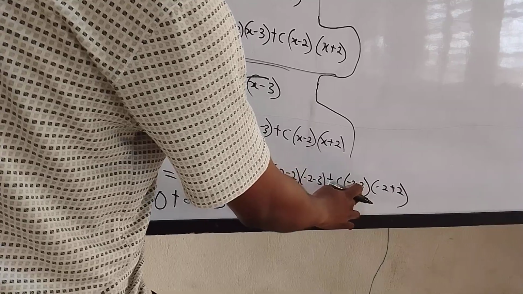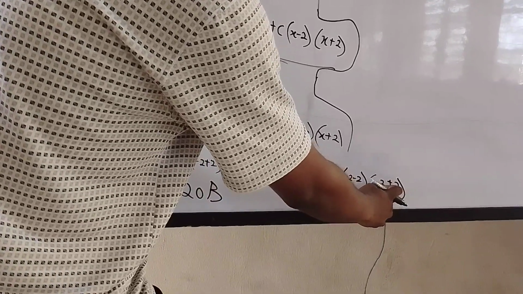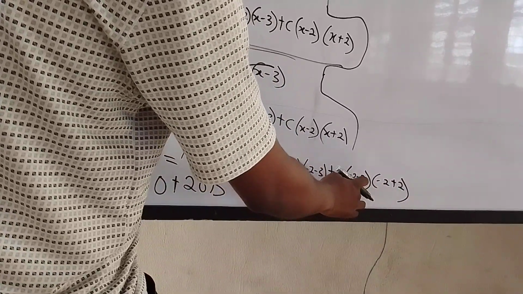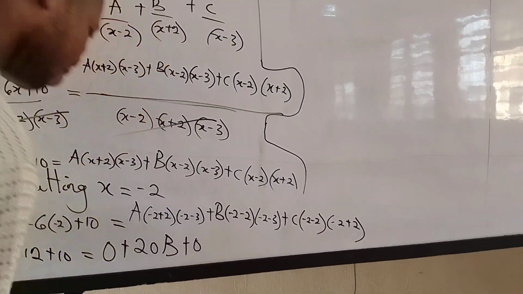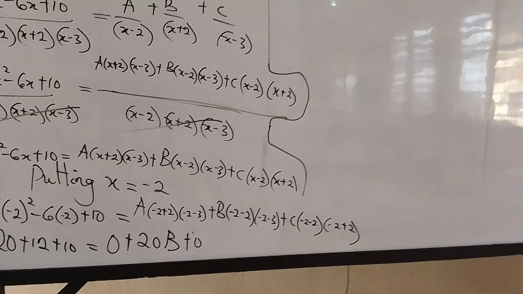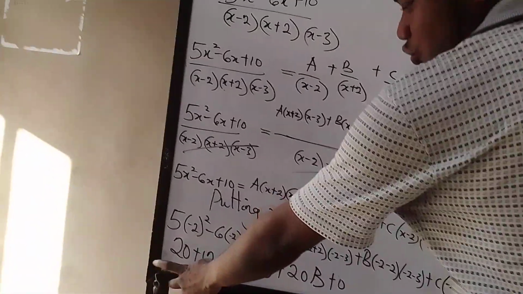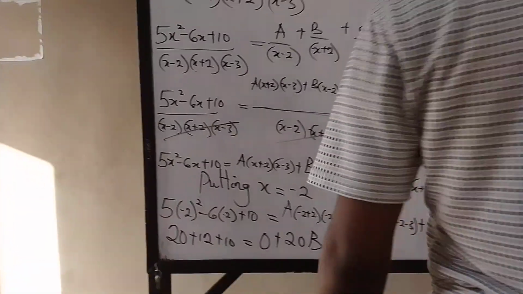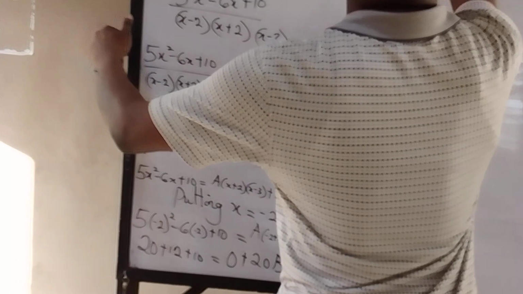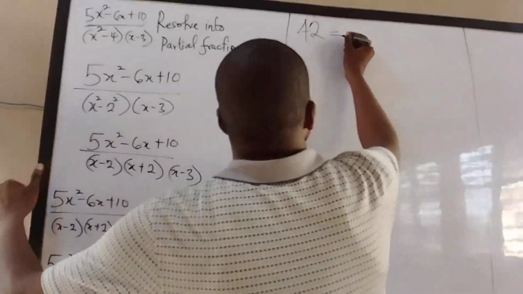Now -2 minus 2 is -4, and -2 plus 2 is 0. 0 times -4 is 0, and 0 times C is 0. So this one is equal to plus 0. We have 20 plus 10, 30. 30 plus 12, 42. So we have 42 is equal to